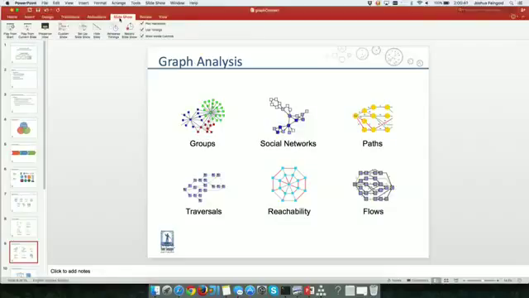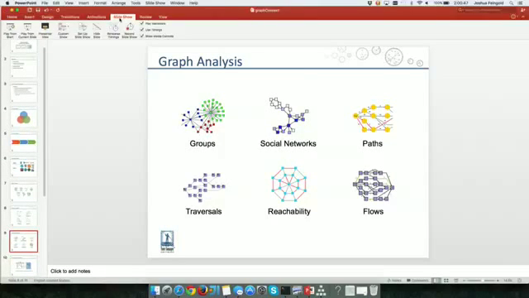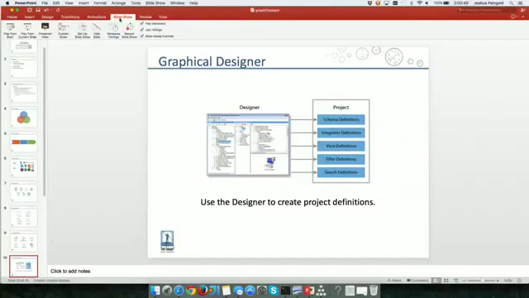And so we also provide graph analysis. Depending on what type of analysis you're interested in, we can show you how that works. And we have a whole variety of them. And really where Tom Sawyer Perspectives gets interesting is that we provide a graphical designer that allows you to go